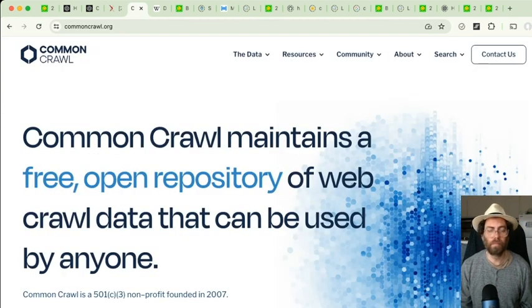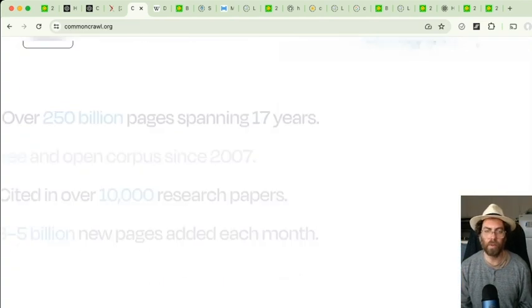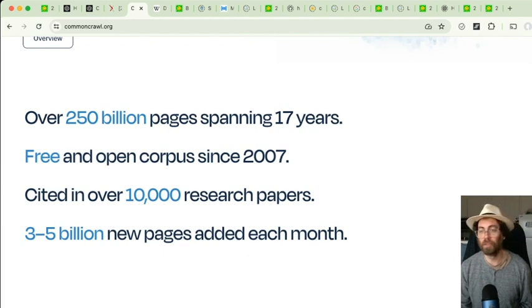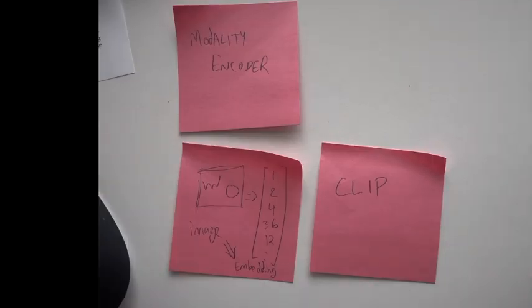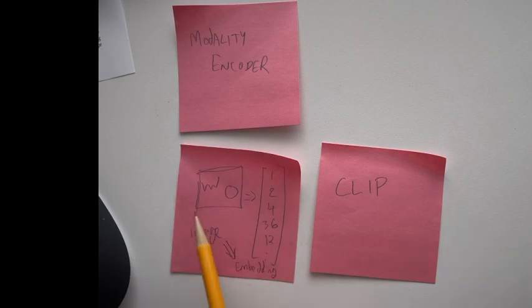That comes from something called Common Crawl, which maintains a free open repository of web crawl data that can be used by anyone. I thought this was really interesting. I just learned about it. Over 250 billion pages spanning 17 years have been downloaded and are available. So you can check out Common Crawl if you want a big internet scale data set that you can draw from. But the main point of all that is that with CLIP, you have a way to turn an image